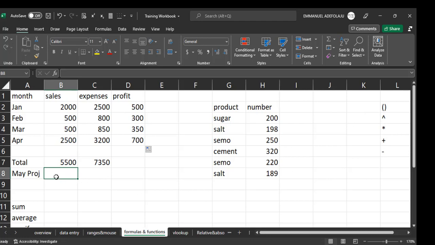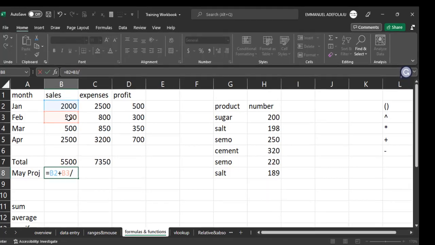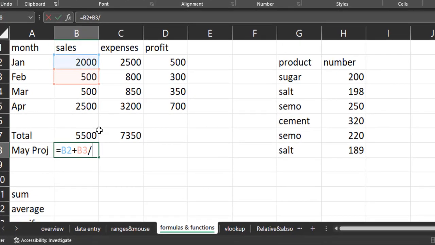If you are looking at a May projection, for example, I'm going to have equal to January plus my February divided by 2 to get my May projection. So if I hit the enter key,